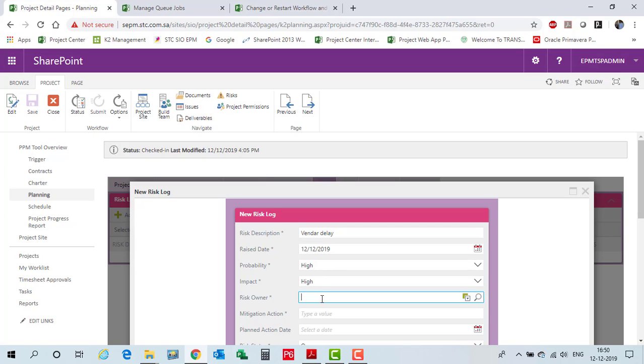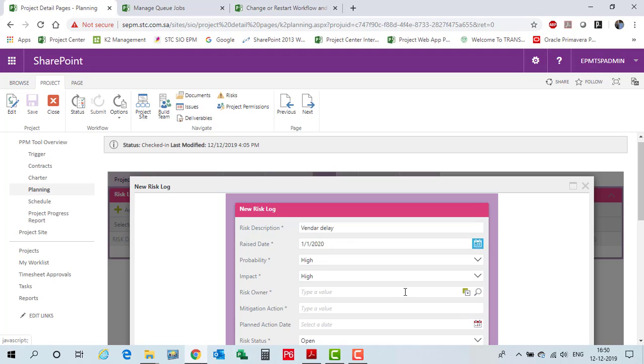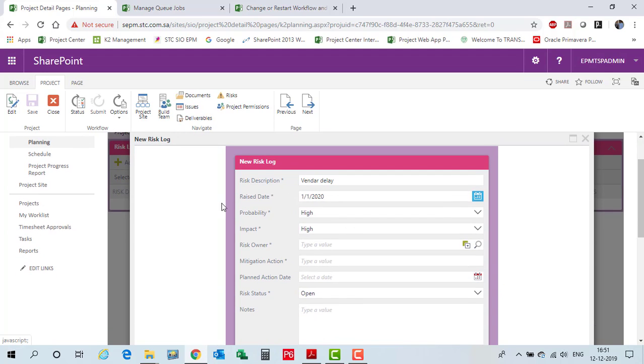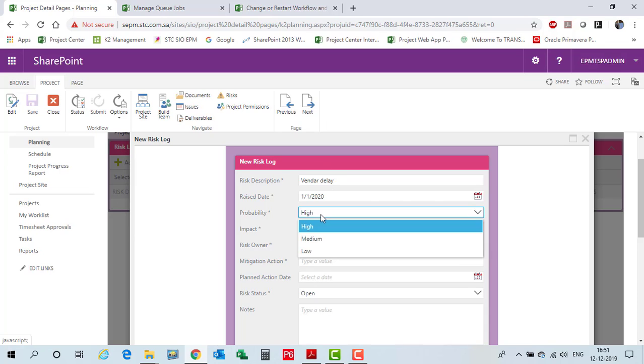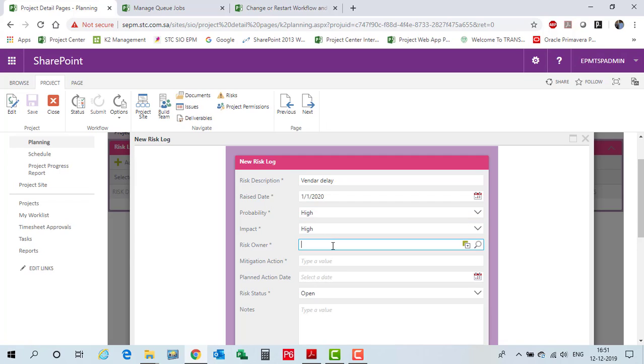Say, for example, I can describe the risk name here and the raised date. Maybe during the initial days of my project I would plan this risk, and I will go and give the probability and impact matrix so that it gives you the score of the risk. Okay, and I'll associate it with my name,